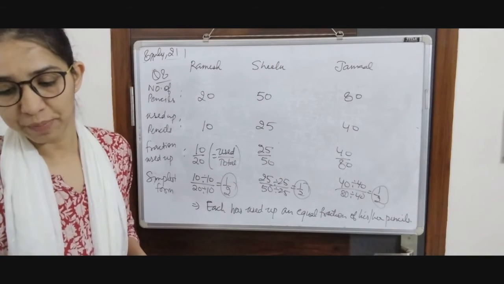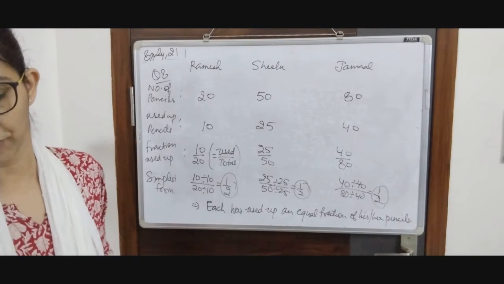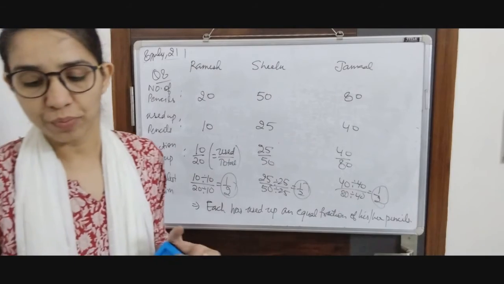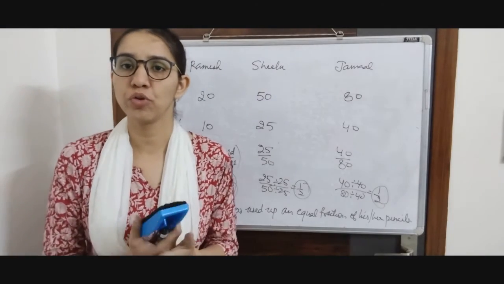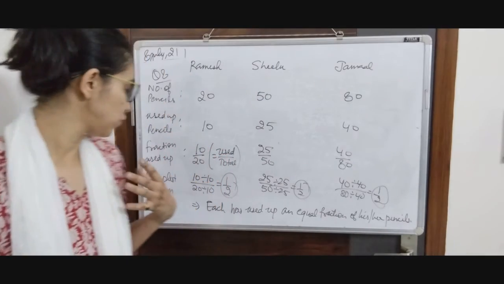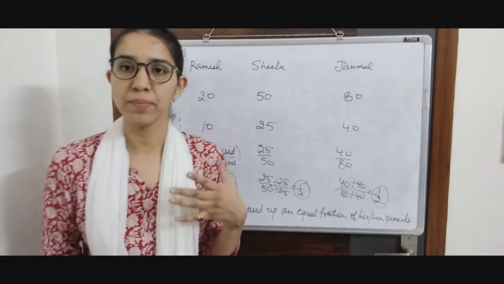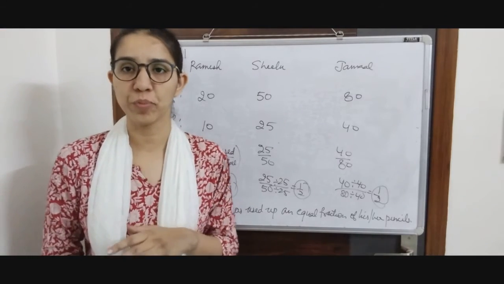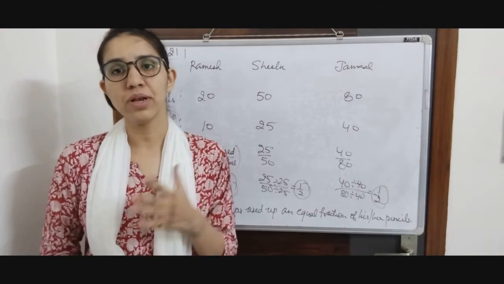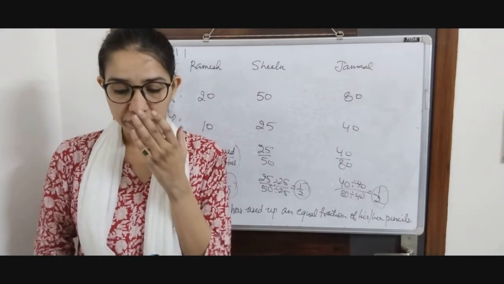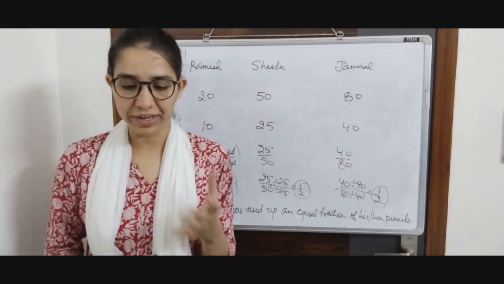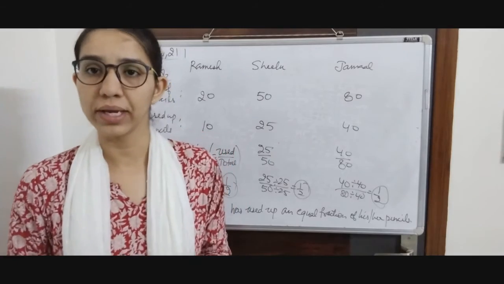So next is our match the equivalent fraction, and we have to write 2 more. To match the equivalent fractions like we did in question number 2, first we will change them into simplest form by dividing numerator and denominator by HCF, and then we will match them. Okay. This is quite easy to do. This is homework for you guys.